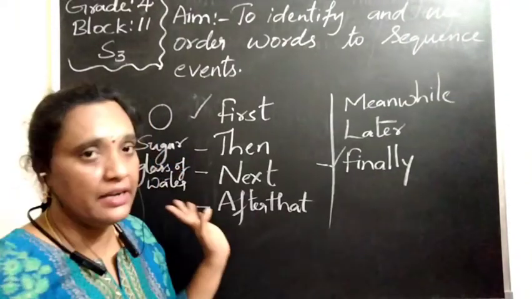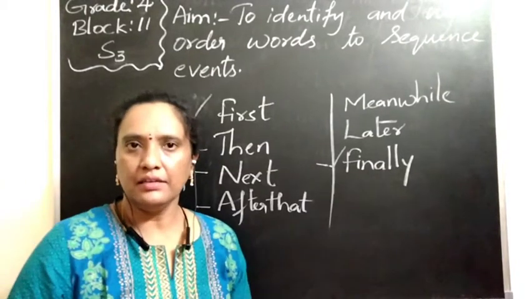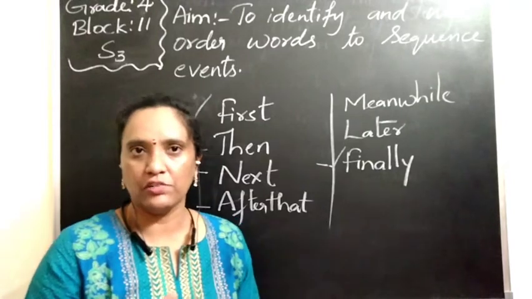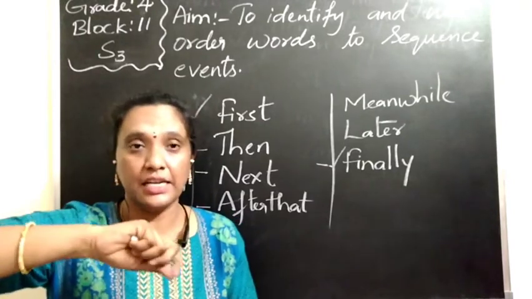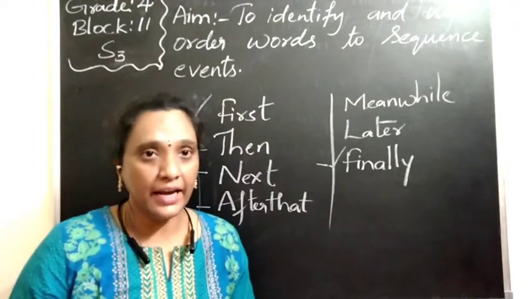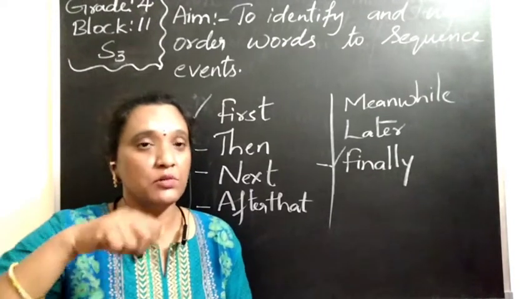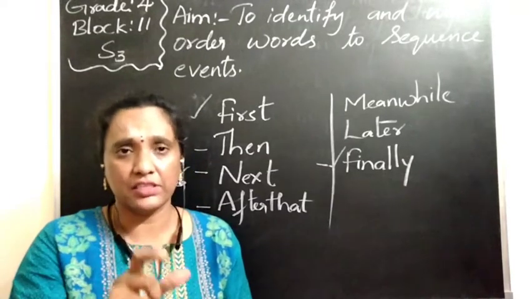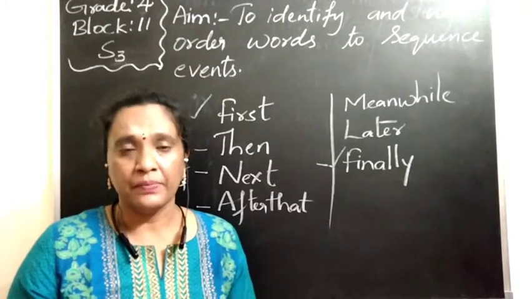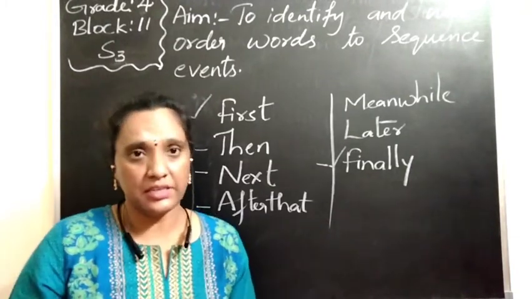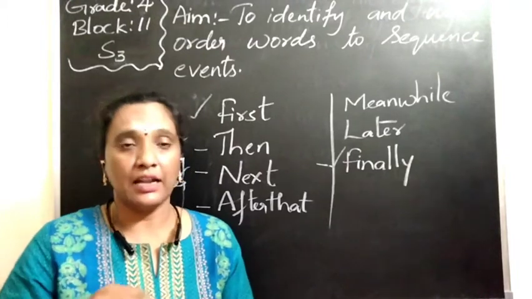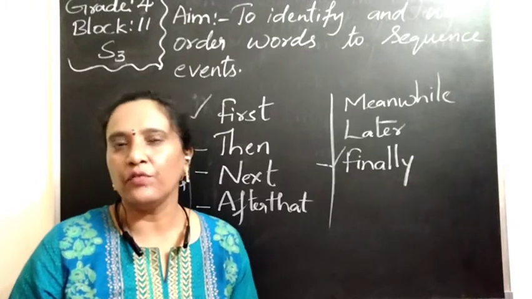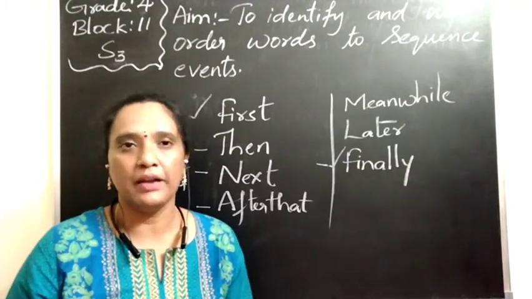So first I take the ingredients. Then we cut the lemon. After that, we squeeze it into the water. Next, we stir it using a spoon. So these words like next, after that, then can be used however we want. Finally, I can say that lemonade is ready. Otherwise, I can say then the lemonade is ready. Finally, I serve it into the glasses. So in this way, we use the words to prepare a lemonade.